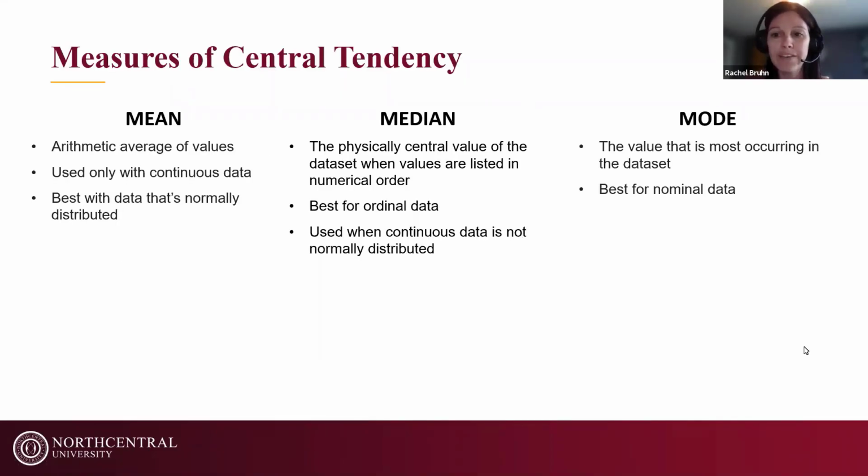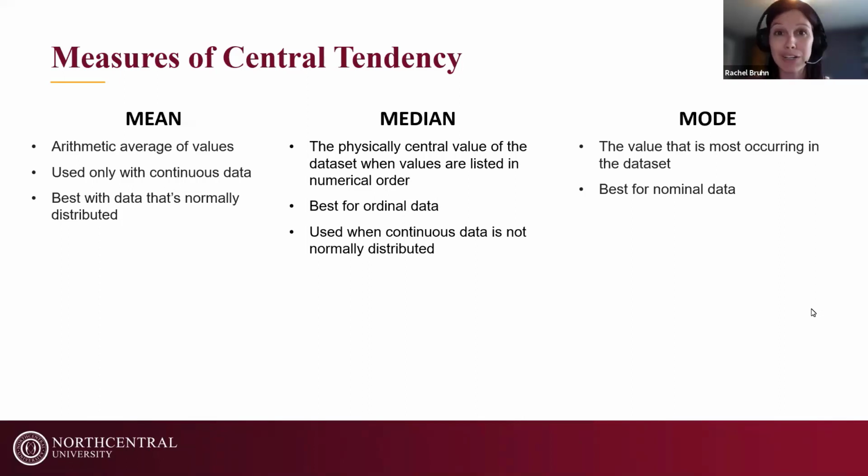So we have our measures of central tendency, central meaning the middle. What the middle looks like is going to depend on which of these measures you're using. The mean, I'll start with. This is probably one that you're very familiar with. You've probably heard it a lot, and a lot of times when we talk about things, we talk about the average. So even if you think, well, I think I know what that is, you probably know what an average is. The mean is a very popular measure of central tendency, and we use it when we have continuous data. If you haven't been to my What's a Variable session, you might be wondering, well, what's continuous?